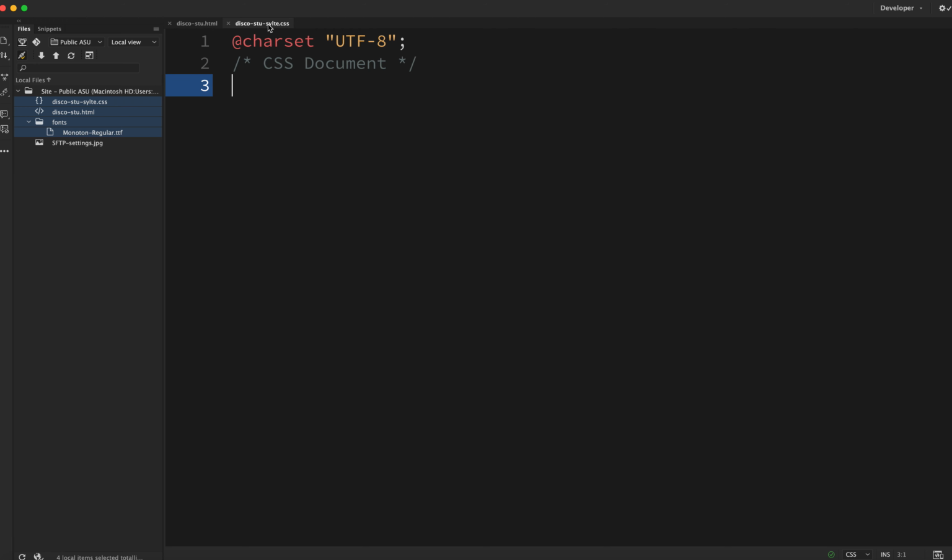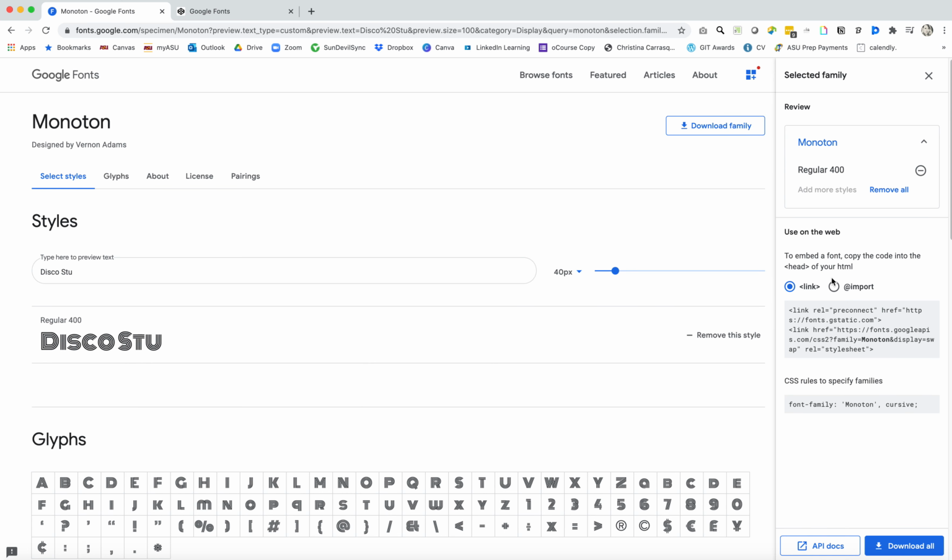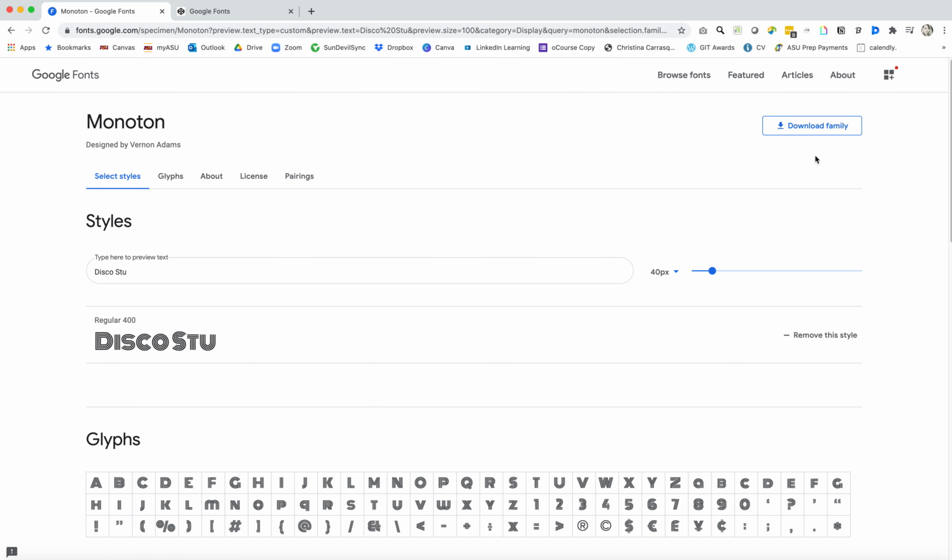Now I'm going to jump into this style, and I want to upload my own font and connect and host it there on my own files. And I can actually do that from Google Fonts as well. So I'm going to go back to Google Fonts and show you that font we were working on before. Now, when we had Google host it, we went ahead and copied this link tag, but instead of letting Google host it, we're going to take some control and host it ourselves. And that's why we're going to click the download family button.